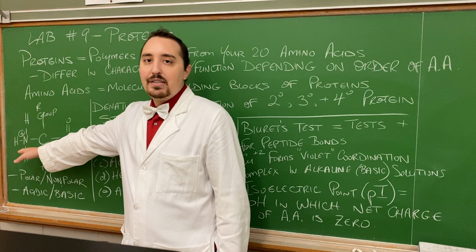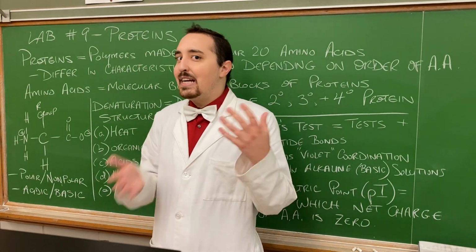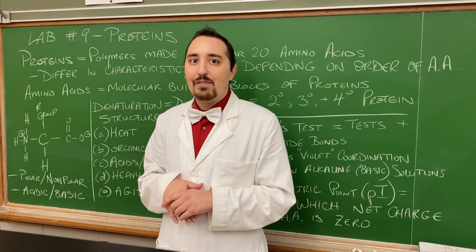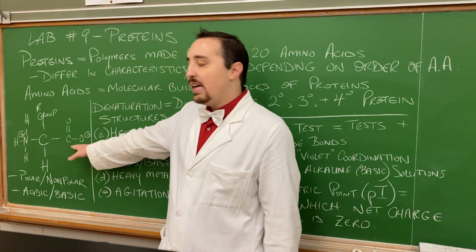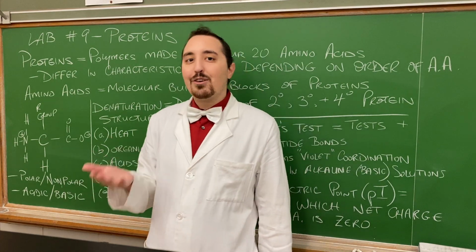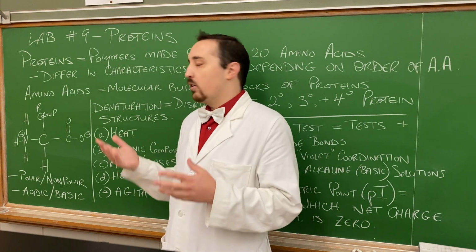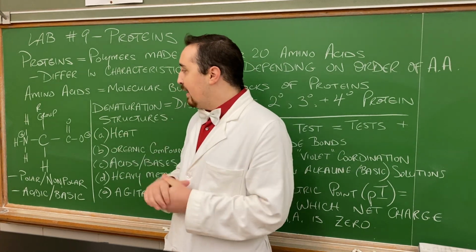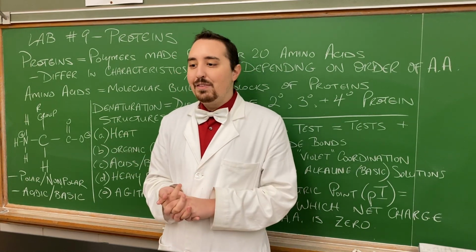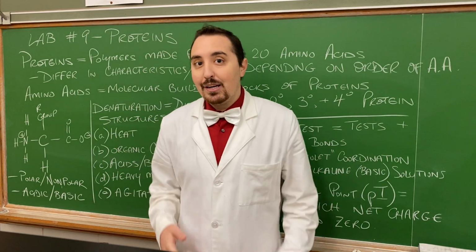We will have a nitrogen with 3 hydrogens on the left. This is assuming that it has a charge. It depends on the pH, whether this will have a charge or not. You have a carboxylic acid or carboxylate ion on the right. Again, it depends on what the pH is, whether it's the ion form or it's a regular carboxylic acid. And then the most important part, I should say, of the amino acid would be your R group. Now, the 20 different amino acids